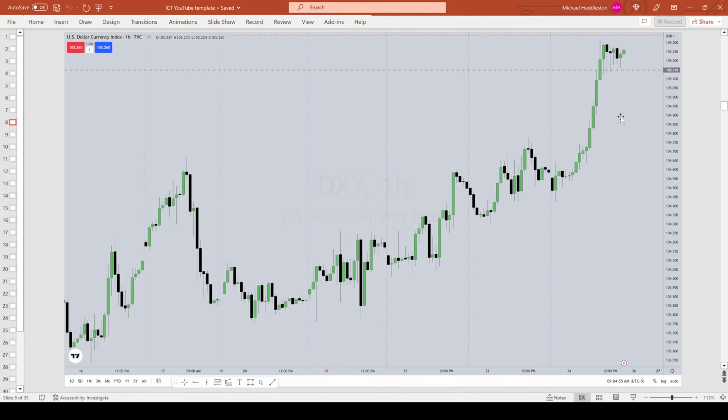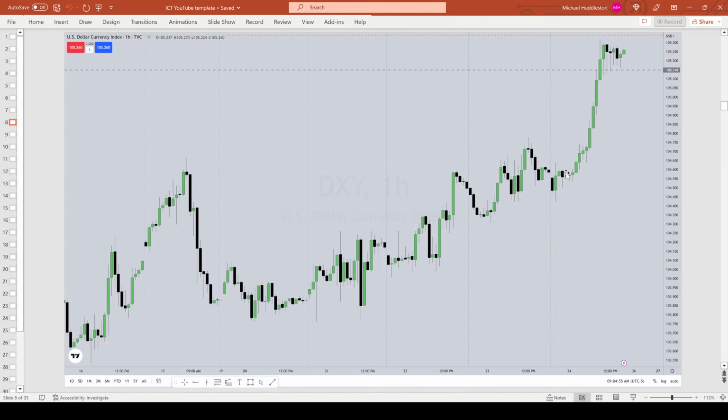What type of trade would you rather be in? If you were trying to be long, if this was any other market, not the dollar, would you rather be buying in something like this where you're seeing a lot of this back and forth, buying and going all the way back and forth, and coming back, probably stopping you out, scaring you, making you think you've got to get out of it?